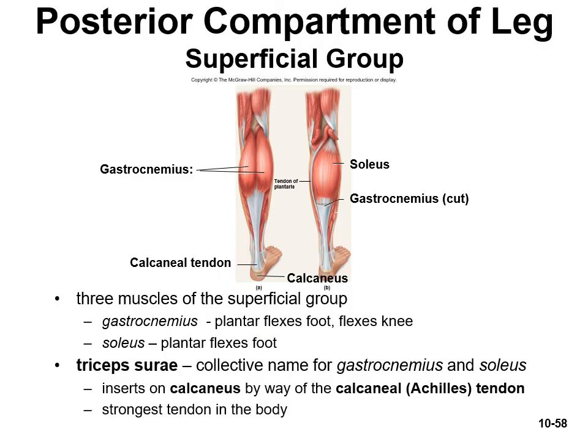Then on the posterior side of your leg, you have a superficial group and then a deeper group. The gastrocnemius, or the butt of the calf, is going to be your superficial crural muscle. And then beneath that, if you were to cut the gastrocnemius, you would see the soleus muscle, which is your deeper muscle group. The gastrocnemius and the soleus make up what's called the triceps surae, which is the two muscles that insert on the calcaneal or Achilles tendon, which is the strongest tendon in the body. So looking at this on a model,